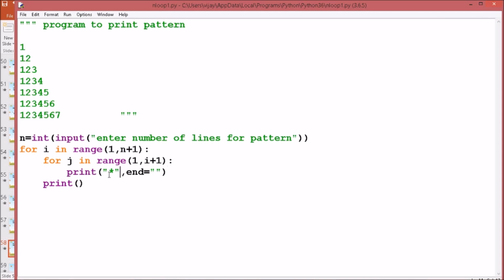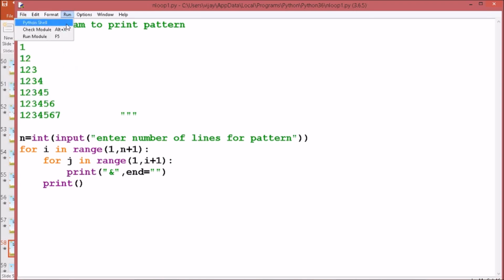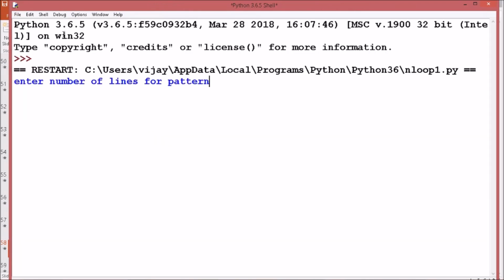And instead of star, if you print an ampersand over here, whatever character you give, that character will appear in the pattern. This time let me give 7. So you can see this pattern is appearing 7 times.